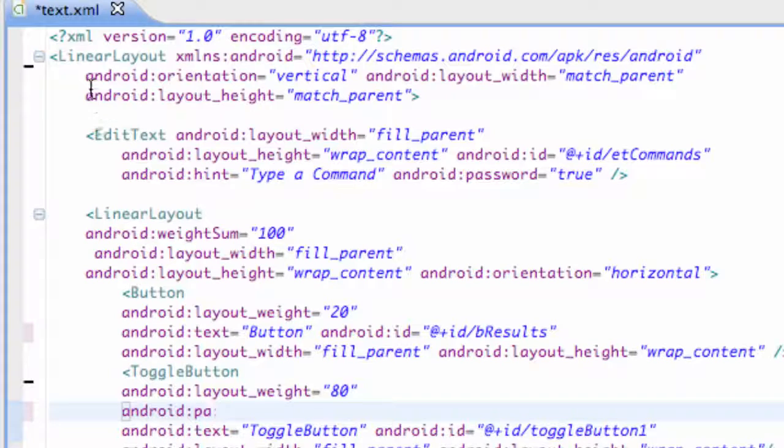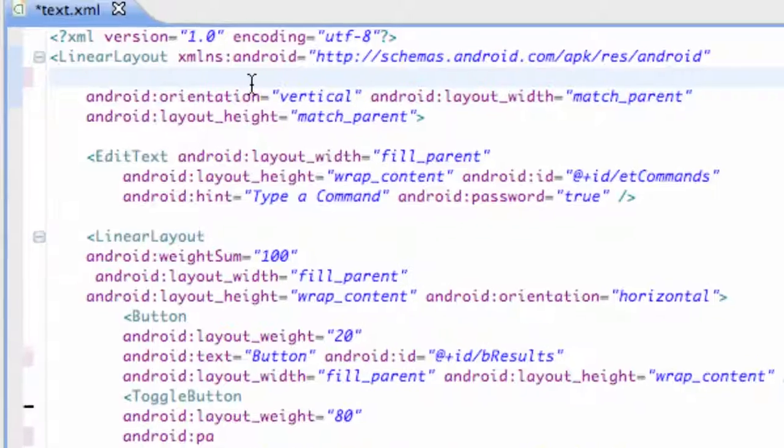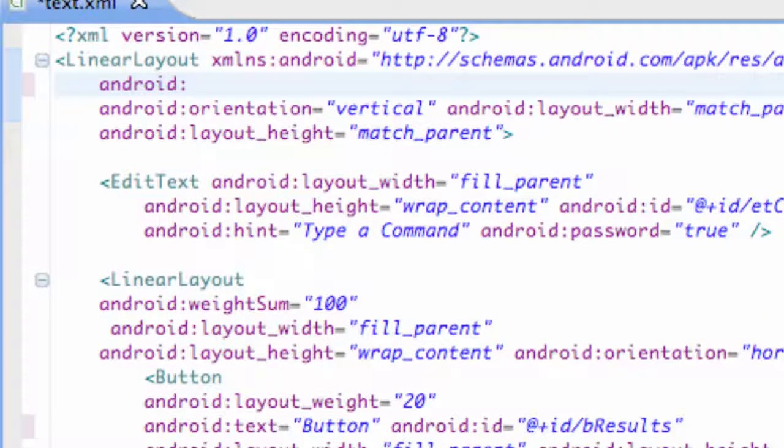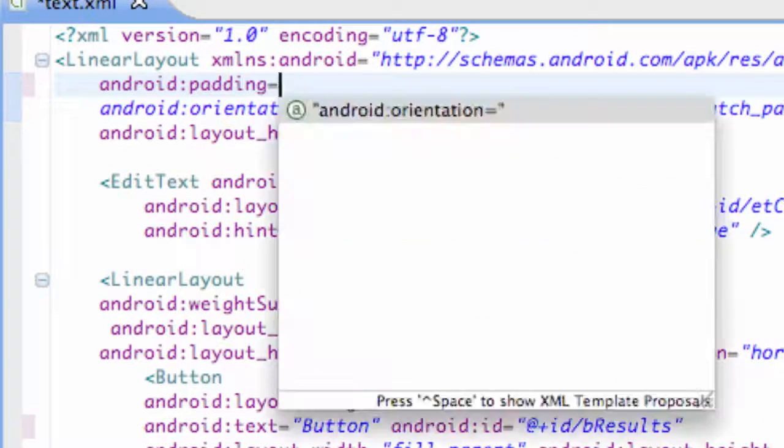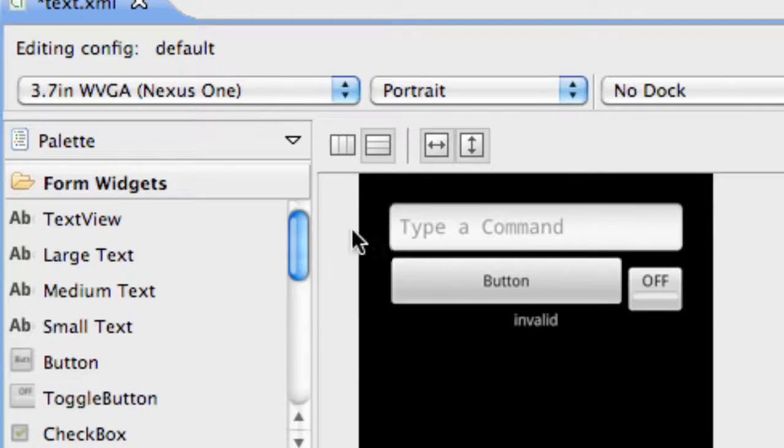Basically what I want you guys to do is go up to your first linear layout. This is the one that will fill the whole screen and defines everything else within it, and just add a line of code within the opening bracket. Pretty simple. We're going to say Android padding, and we're going to put like 10 dp, something like that. Well, let's do like 25 dp, just so we get a desired result. There you go. There's just 25 density pixels of padding throughout this whole linear layout that defines basically the edge of this